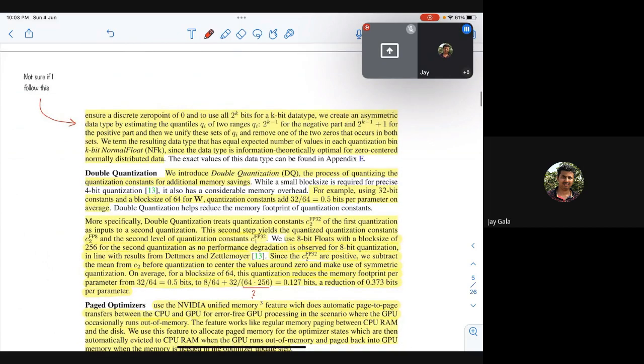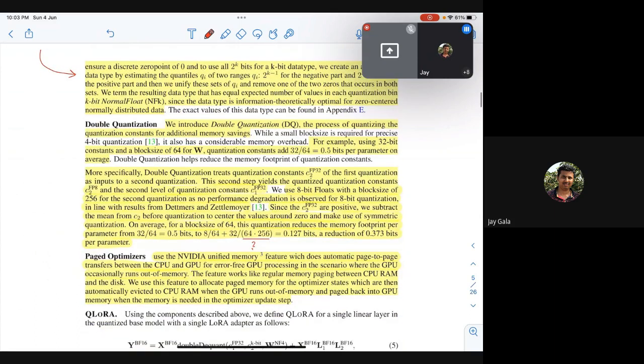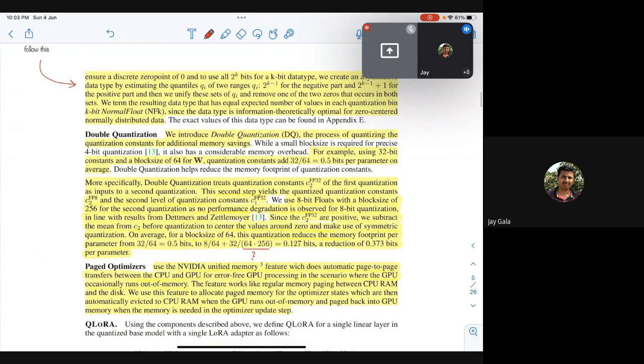And next is double quantization, where the underlying process is, let's say you apply quantization on top of quantization. So let's say in quantization, you are still operating at a smaller scale, right? And then on top of that, you apply another round of quantization, which drastically reduces the memory usage. So for example, if you consider a 32-bit constant, and let's say you have a block size of 64,